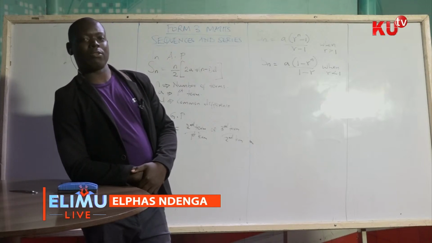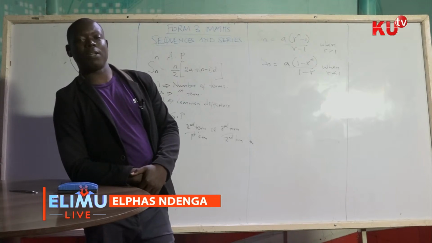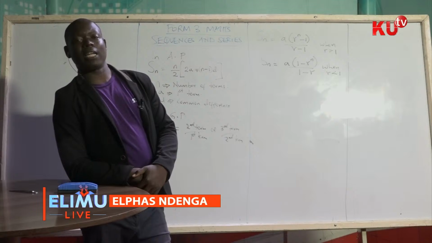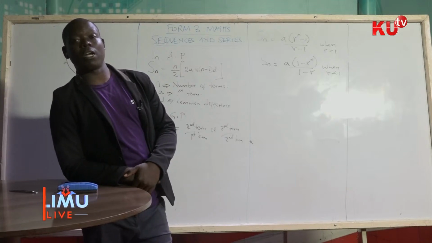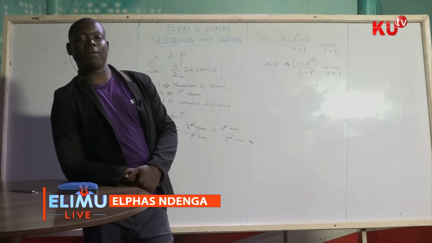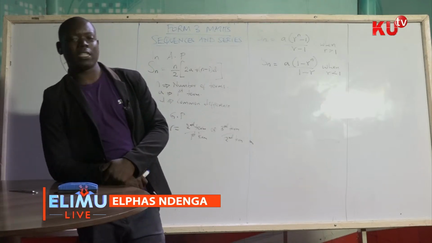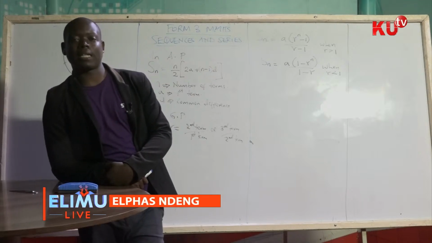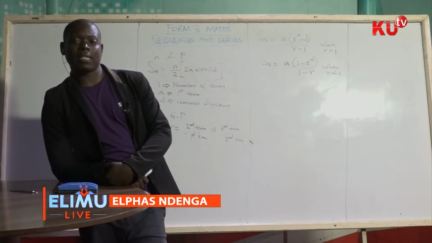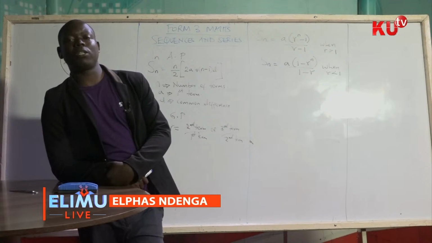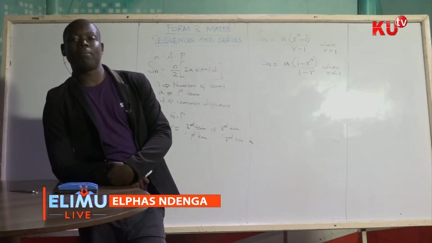So for today, students have been able to discuss the topic sequences and series, and in particular, we've had an emphasis on what we call a sequence. A sequence is simply an order or an arrangement of numbers in a pattern. We've discussed two types of sequences, the arithmetic sequence and the geometric sequence. For each, we've seen examples of determining a certain number of terms in the sequence. What we should have mastered as a principle is that the determination of any term in any sequence is based on a particular formula. If it is geometric, we'll say it